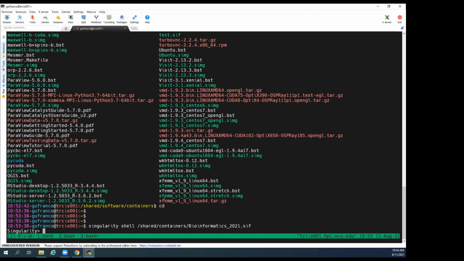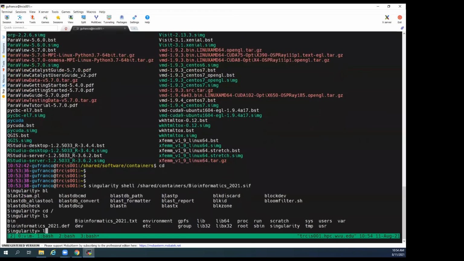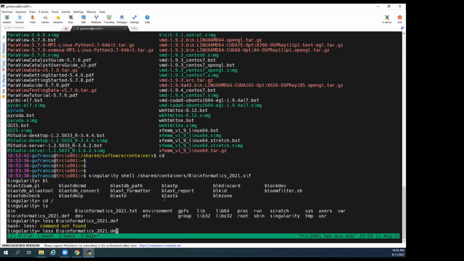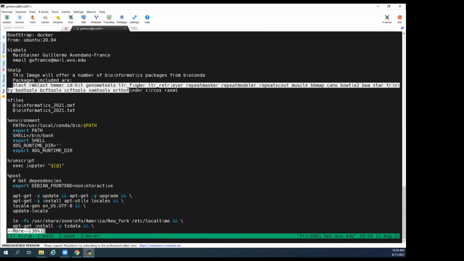So here, I think I have BLAST, I have some tools. I will try to remember what is inside. Here is the setup. Okay, so on here I install for this bioinformatics, I install BLAST. All those packages are here,